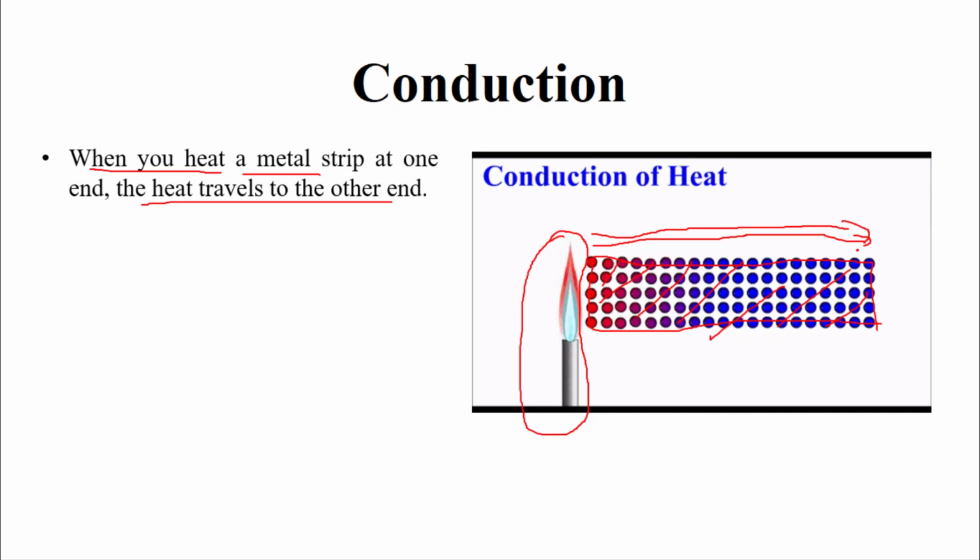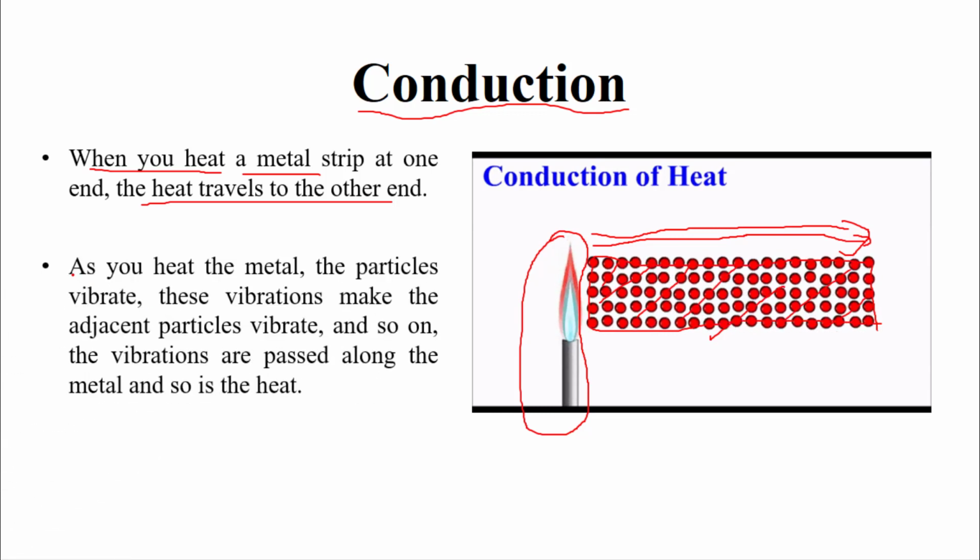Then we call it conduction. Okay? What happens is conduction. But how? The heat is conducted to the other side. But how is heat conducted? As you heat the metal, the particles, as you can see, vibrate in their place, because whenever we have a solid,